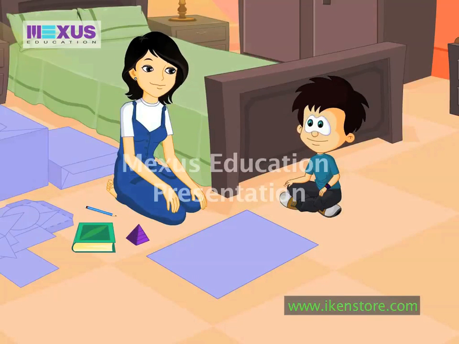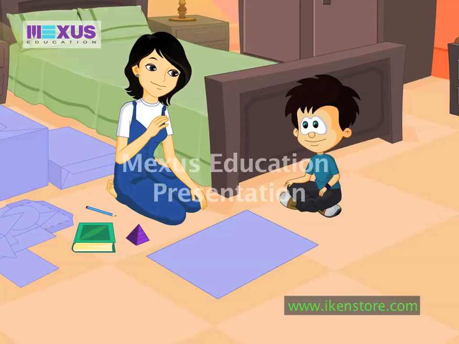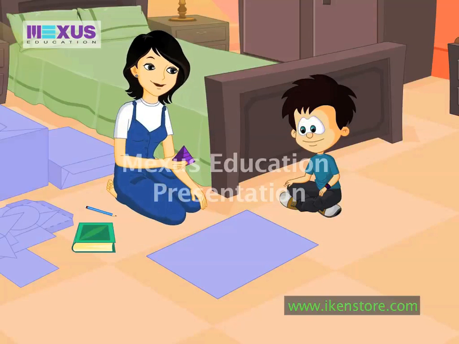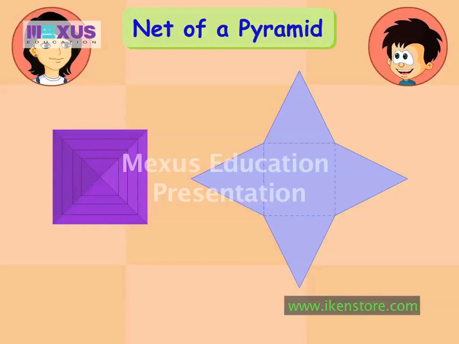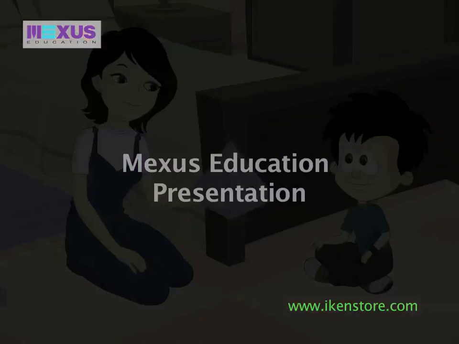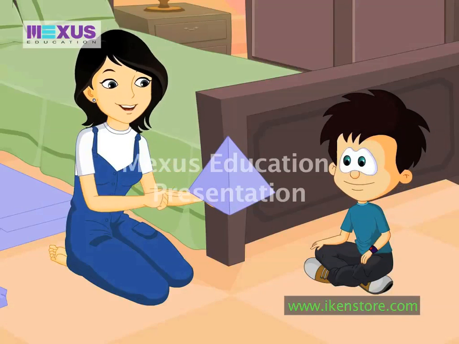Aparna, just like a box has a net, other three-dimensional shapes must have nets too. Yes, you're right, JC. Look, even this pyramid-shaped paperweight has a net. Oh, what would the net of this pyramid look like, Aparna? Let me show you. Hey, if I fold this net, this square shape at the center would form the base, and these four triangles would form the sides of the pyramid, right? Correct, JC. Look, this net has formed a pyramid.